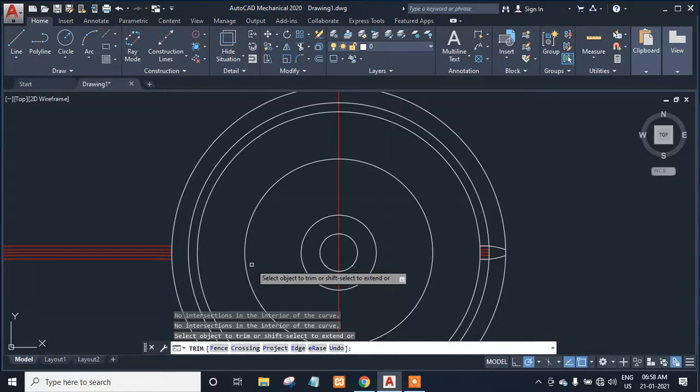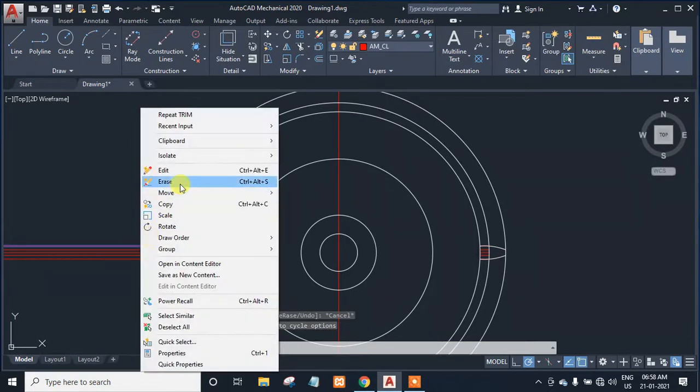Now I deleted all the lines, okay, and you can also select and erase the lines one by one.